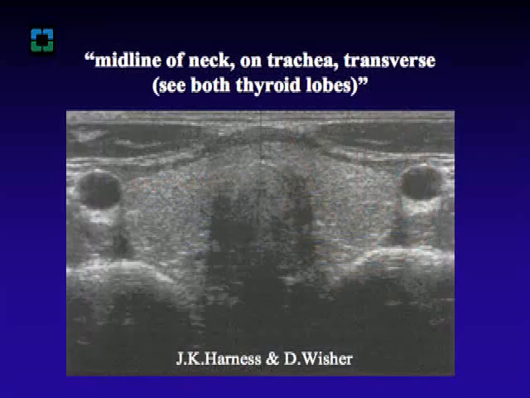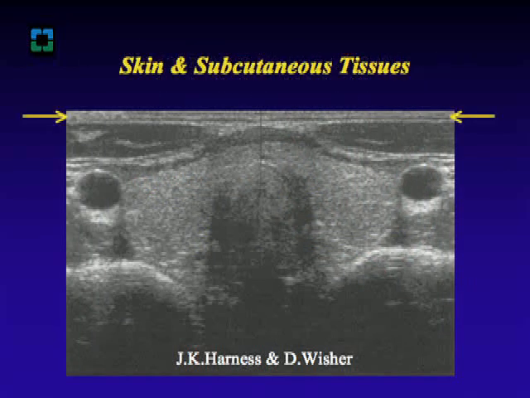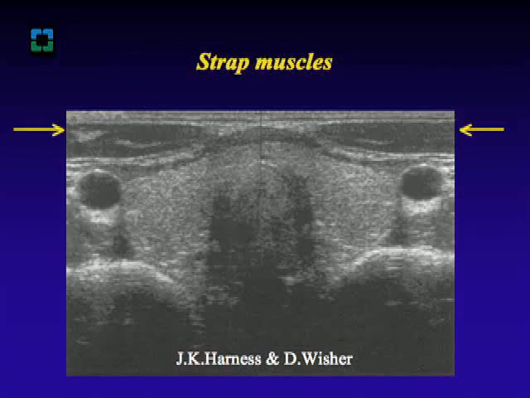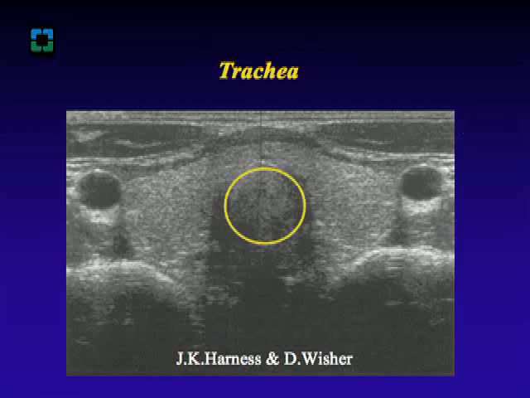The following series of slides demonstrates the basic anatomy as seen on a transverse ultrasound image. First, we see the skin and subcutaneous tissues, then the strap muscles. The trachea is illustrated by the circle. The thyroid gland is midline and symmetrical,